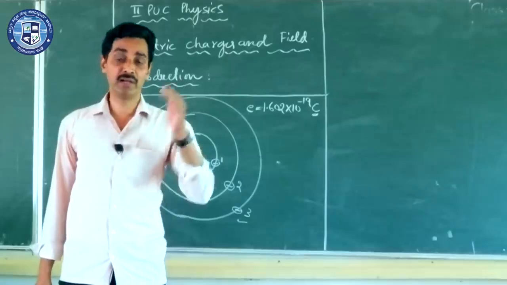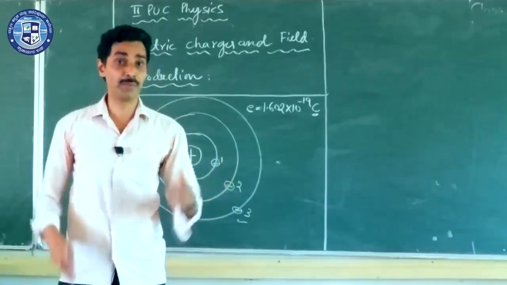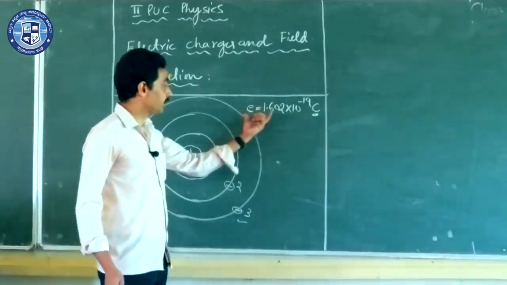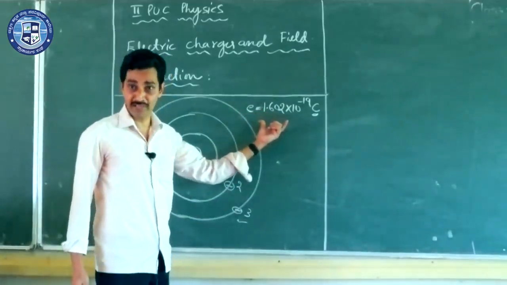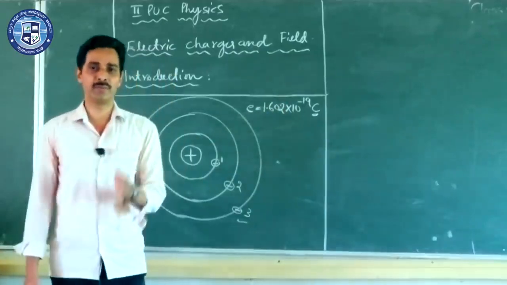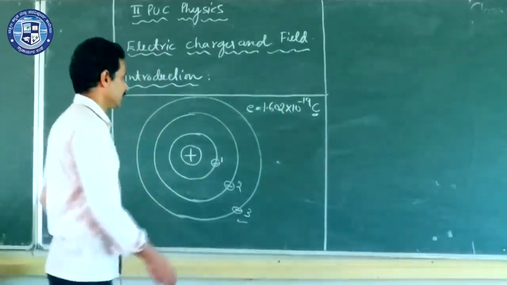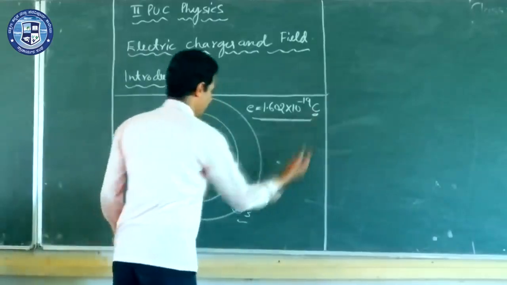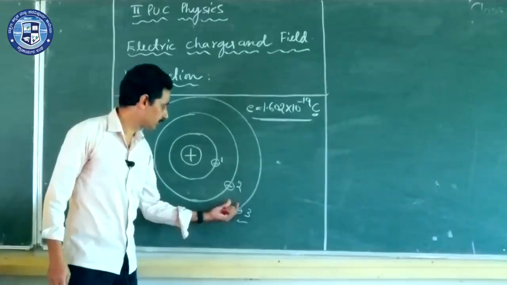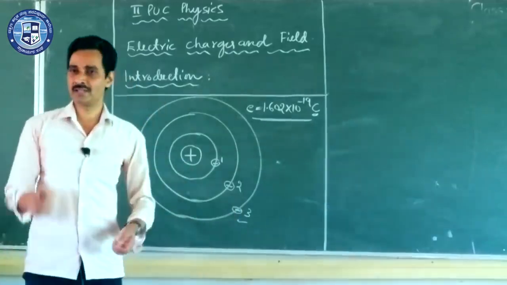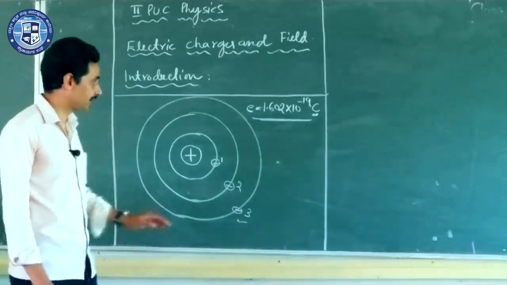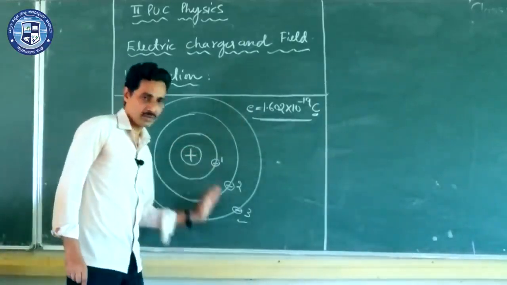We will get to it later: why it is Coulomb, how you define 1 Coulomb, how much Coulomb is the charge of a body, and all. So the charge of electron or proton magnitude-wise is 1.602 into 10 to the power minus 19 Coulomb. Right. Now electrons are given charge minus 1.602 into 10 to the power minus 19 coulombs, and each proton will be given plus 1.602 into 10 to the power minus 19 coulombs. So that is the story behind it.